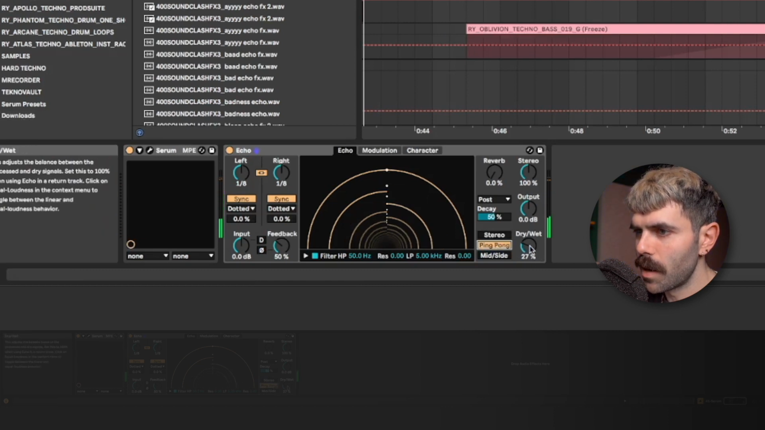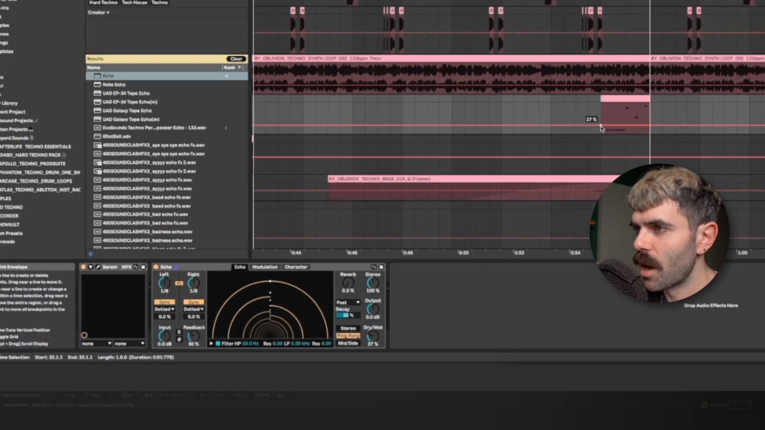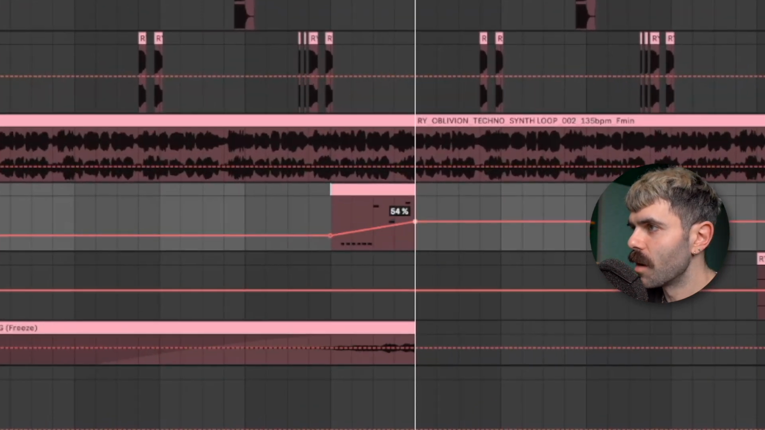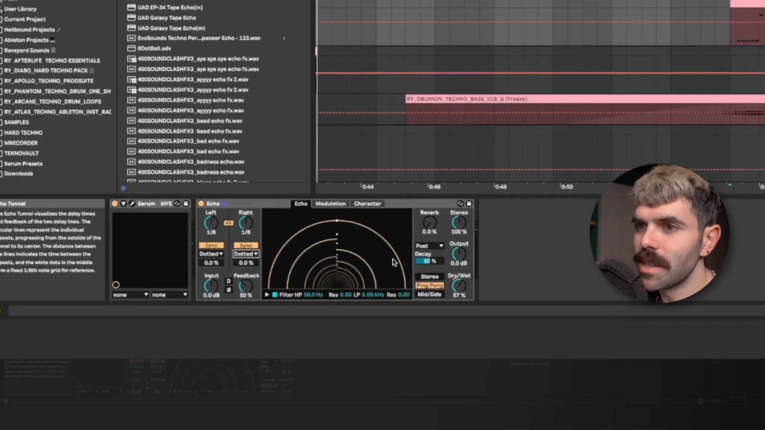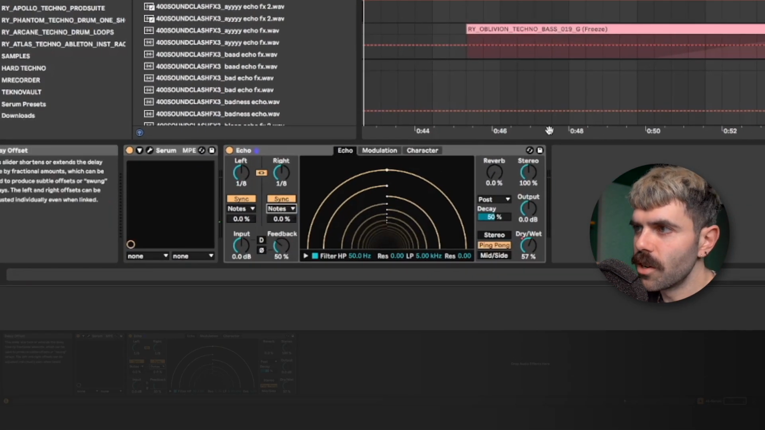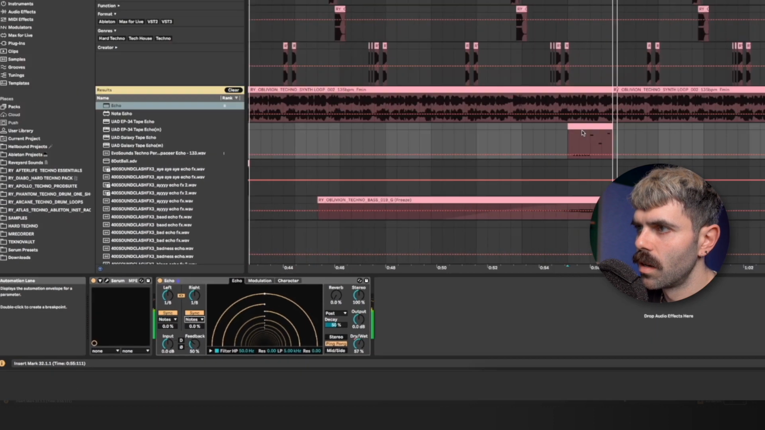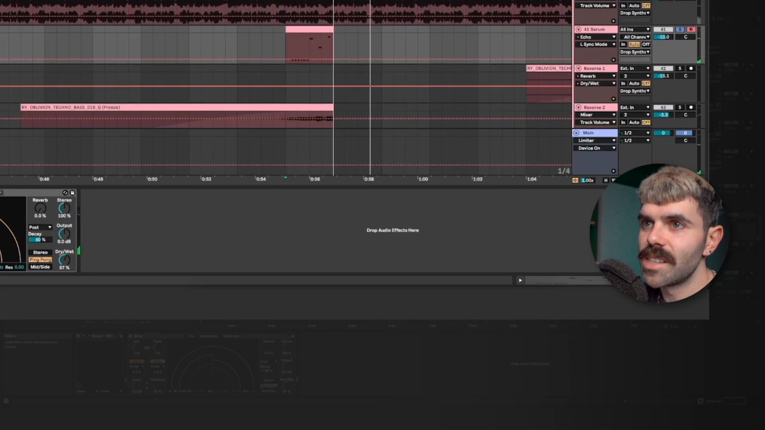And let's turn on ping pong mode. And I think I want to automate the dry wet of this echo up as the pattern comes to a close. And maybe instead of dotted eighth notes, we can try regular eighth notes. That's cool. And then let's add some reverb